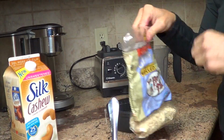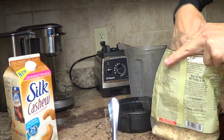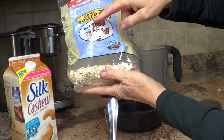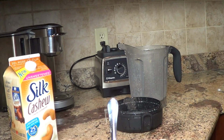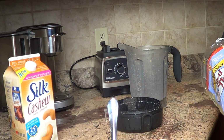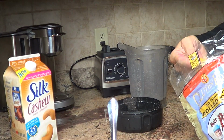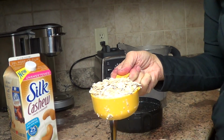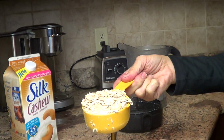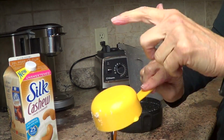So I'm going to take a half cup of oats. I use Bob's Red Mill gluten-free, and I'm just going to use half a cup of them. I like the Bob's. It has a really nice texture, especially for something like this, but even cooked, these are much better than other oats to me. So a half cup is going to go into the mixture,